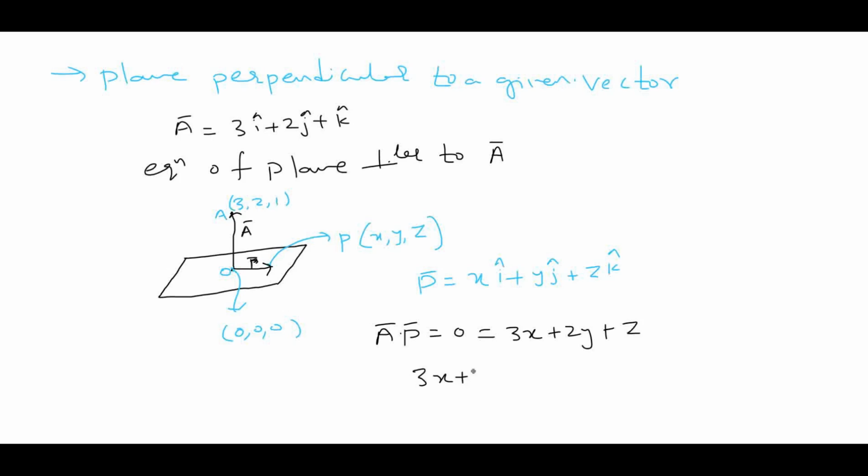So 3x plus 2y plus z equal to 0. So this is the equation of the plane. Y means any point, any arbitrary point on this plane that satisfies this equation. So any point on this plane will satisfy this equation, like any xyz on this plane. So whatever point you consider on this plane,